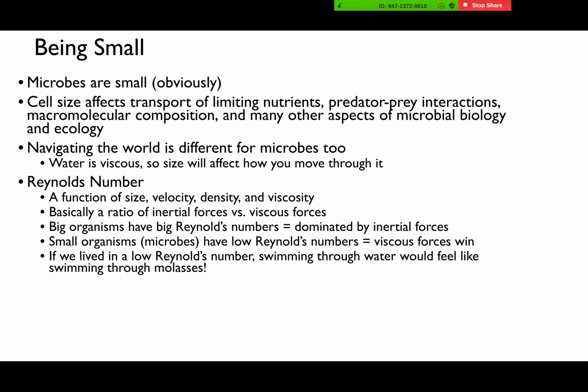Let me just tell you what this means in the most simple terms I can. Big organisms like us have a very large Reynolds number, which means what affects our movement or what limits our movement is our internal forces, right? Our own limitations, our own bodily limitations. Now, small microbes or small organisms have a low Reynolds number, which means viscous forces, not their own internal forces, win out. So just to put this in perspective,